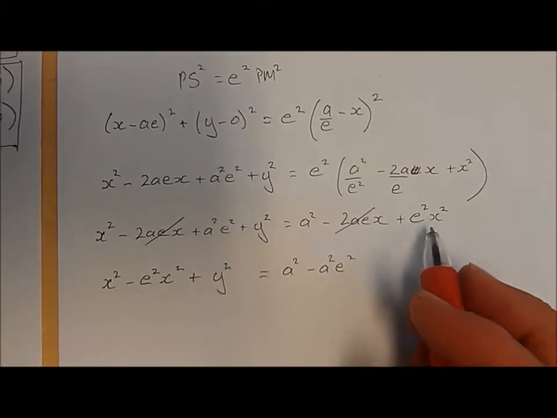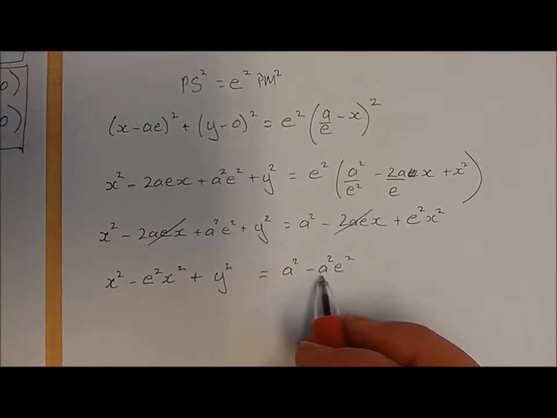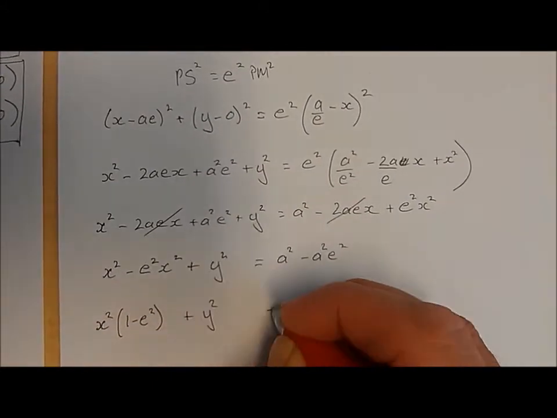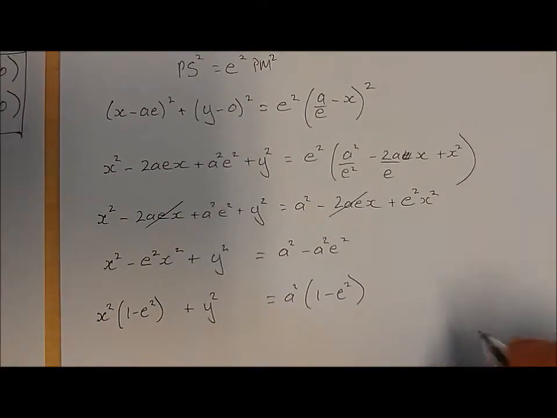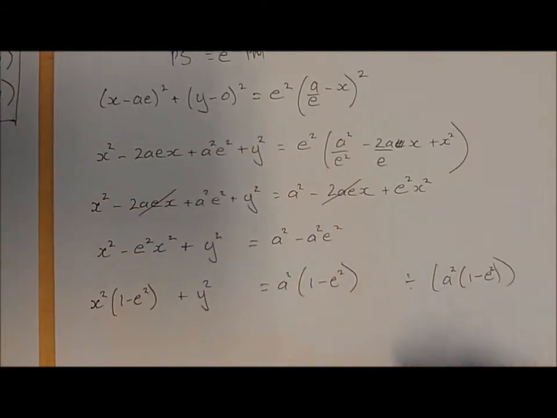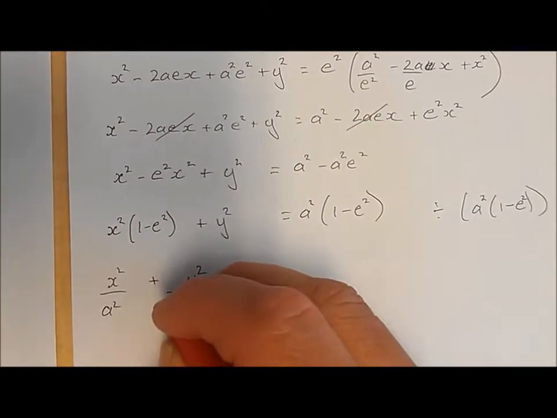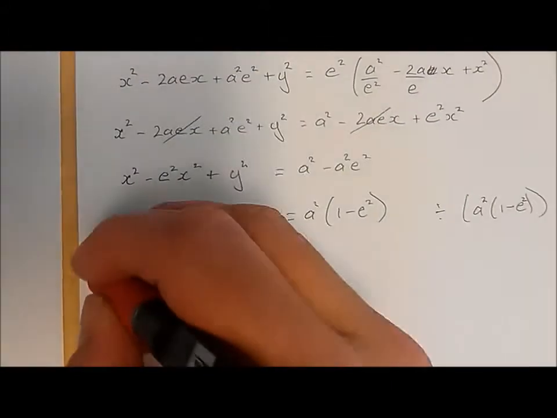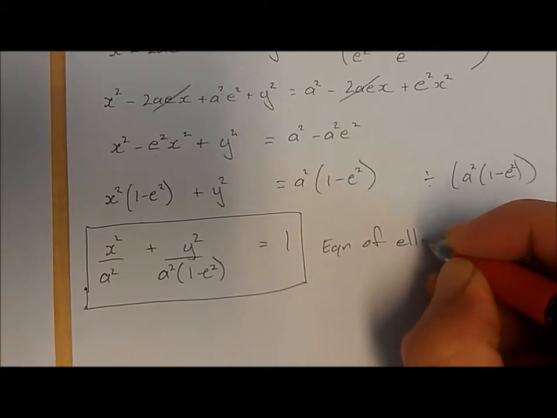Okay, so that's just bringing all the x squareds to the one side, and the y squareds, and then bringing the other pronumerals over here. So what I'm getting is x squared times (1 minus e squared) plus y squared is equal to a squared times (1 minus e squared). Now I can divide by a squared (1 minus e squared), and that gives me x squared on a squared plus y squared over a squared (1 minus e squared) is equal to 1. And so what I've got there is a nice little equation of an ellipse,